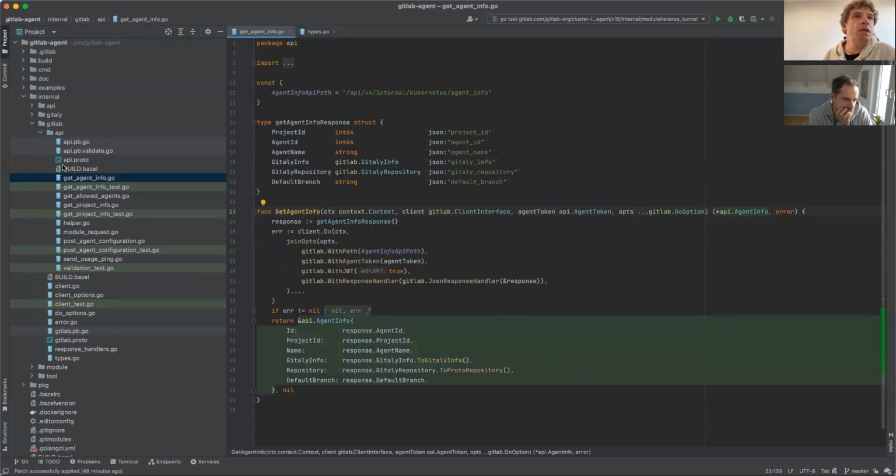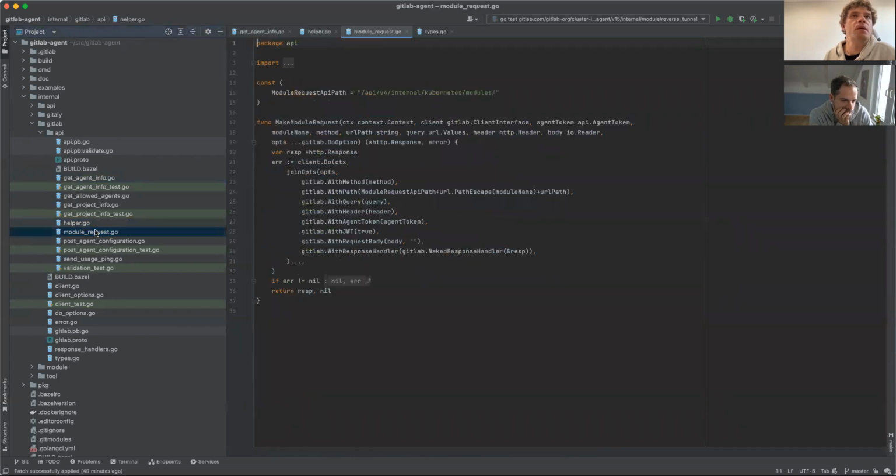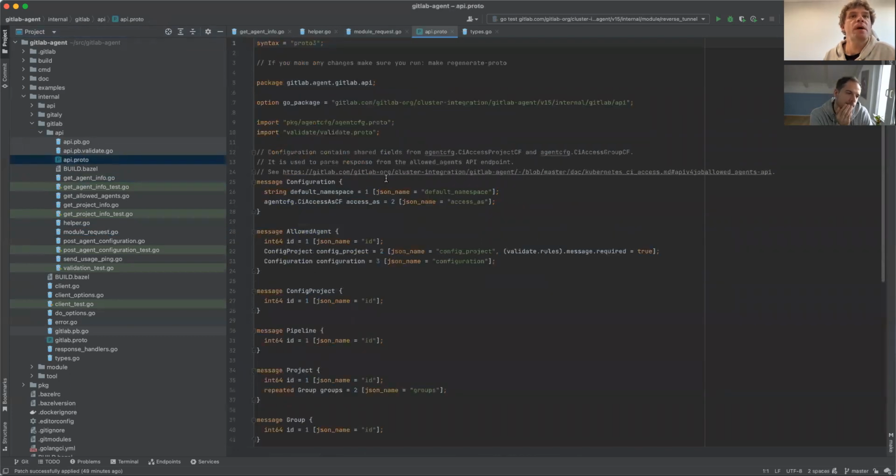Then that's the whole directory is like that basically. I'm not sure what is. Okay, that's another helper and another thing. Yeah, and then we also have this API proto, which is